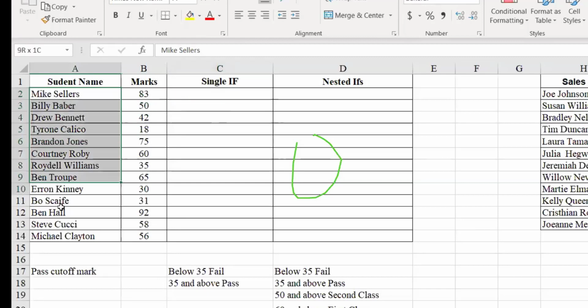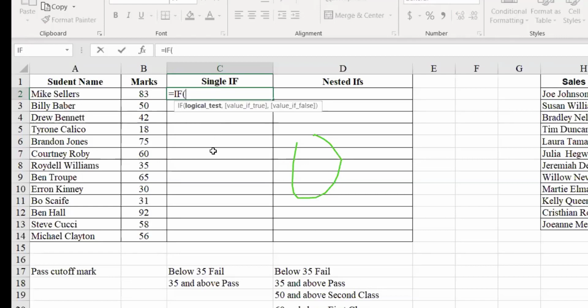Here, there are student names and the marks scored by each student. If I want to make the status as pass or fail, this is the condition: if it is below 35, it is fail, and 35 and above is pass. That means this is only one condition, so we can do it with only one IF. We'll put the formula: equals IF, bracket open, logical test. Logical test means what we are checking.